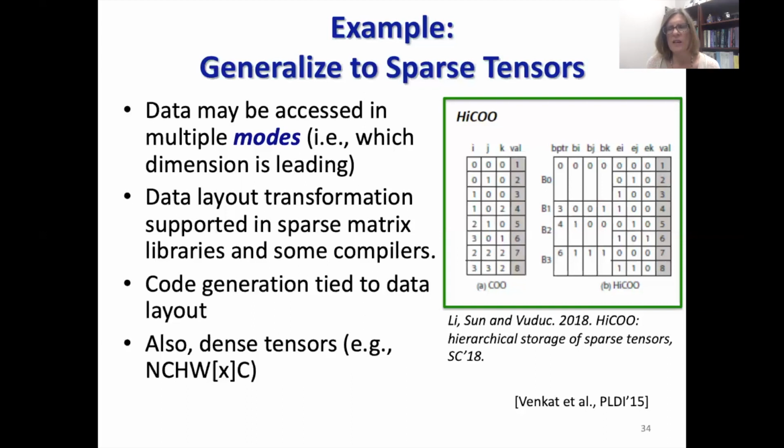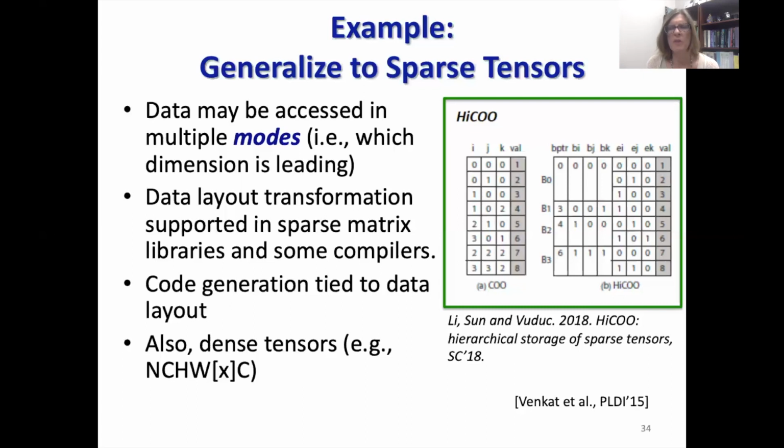And you need an auxiliary set of representations to be able to reconstruct the row and column corresponding to each sparse element. So the literature includes a lot of different matrix representations and both libraries and compilers that perform this